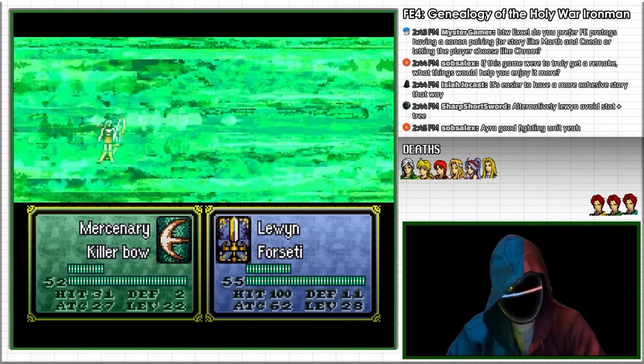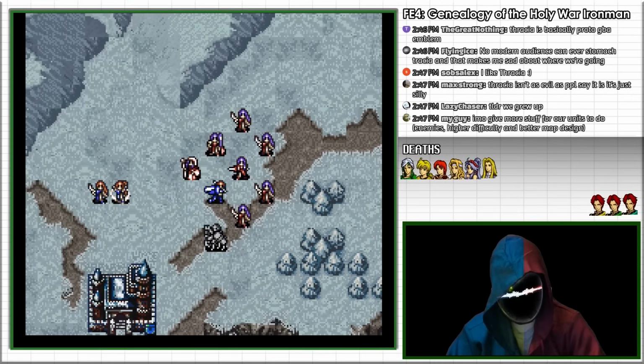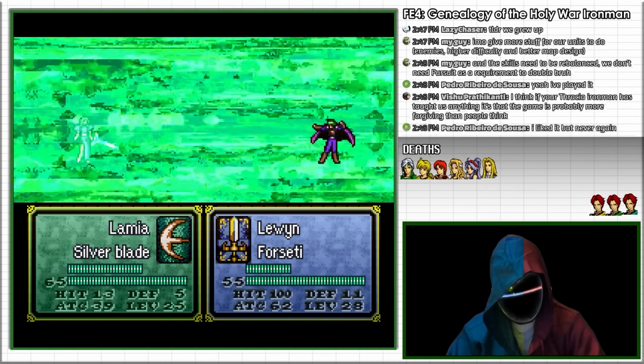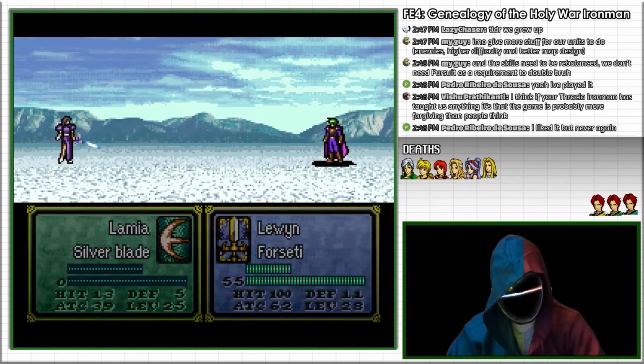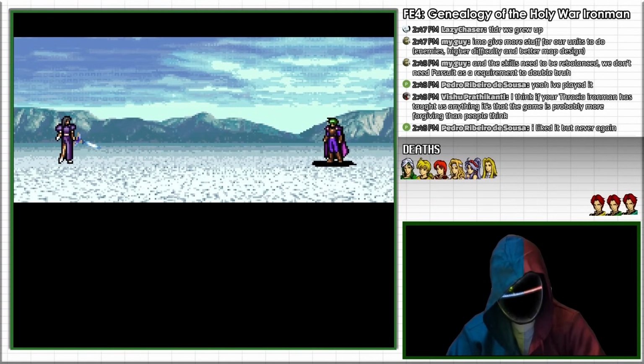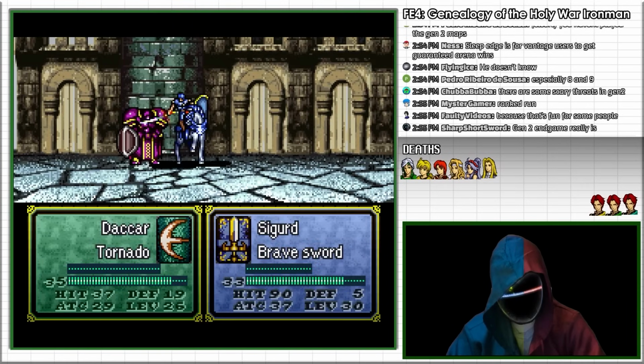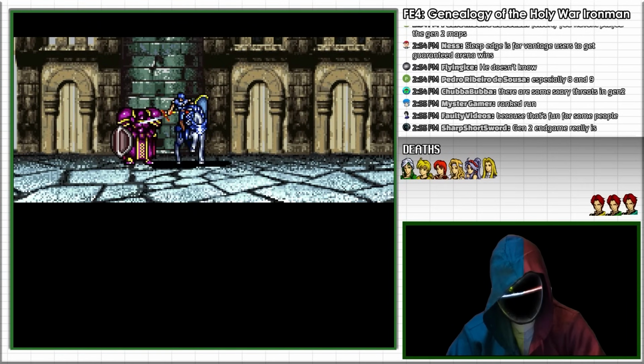I clear away enough of the enemies by the time they reach Silesia that I'm able to go for the kill on the boss. I attack with Lewyn, and Lewyn one-shots Lamia with a Forseti critical for 124 damage, and I clean up enough of the remaining enemies that the rest are no longer a threat. I have Sigurd charge towards the final castle and finish off Duke Dakar to seize Zaxxon, concluding the Silesian Civil